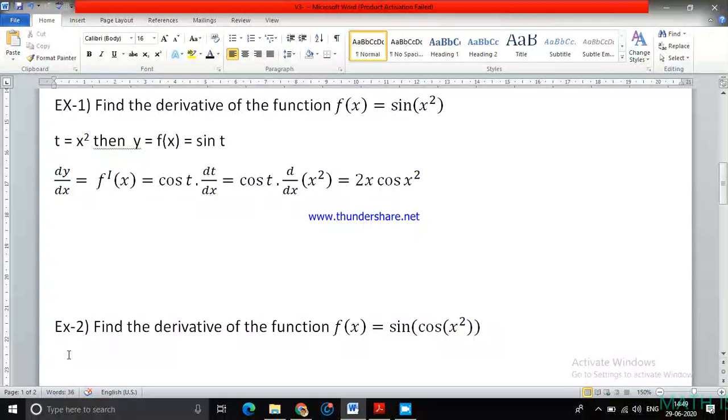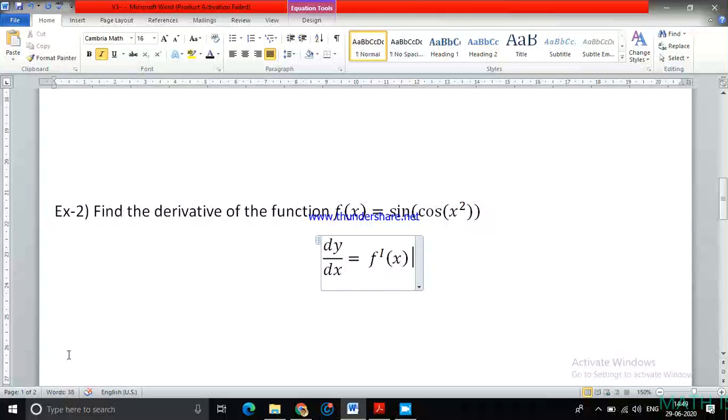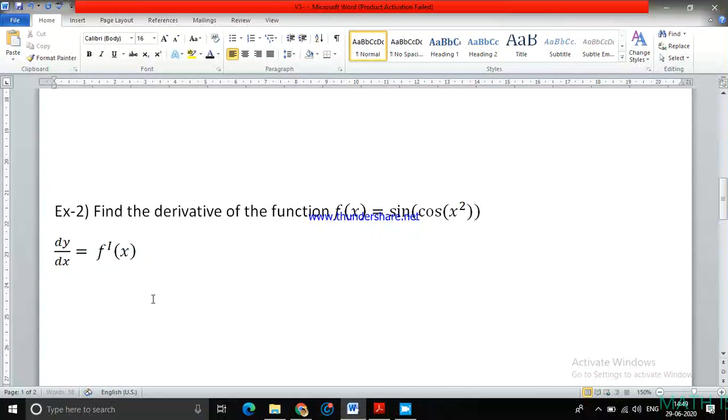dy by dx equals to, yeah, f dash of x equals to, now this is sin. If I take this entire thing as some t, so it is sin t. So according to the definition, the derivative of sin t is going to be cos t. Okay. So if you want, let me write here